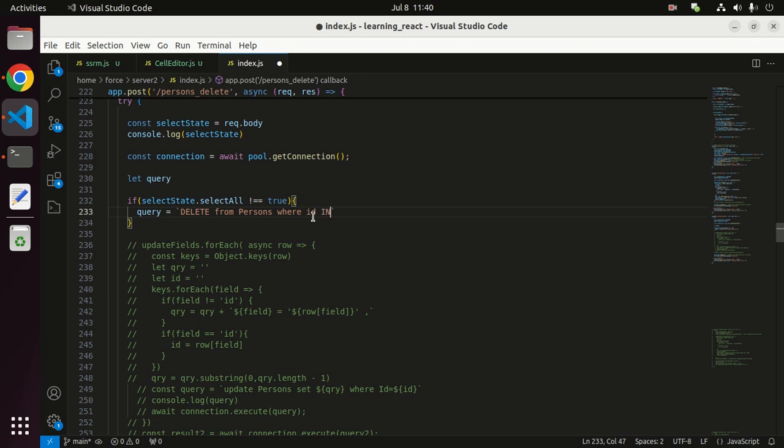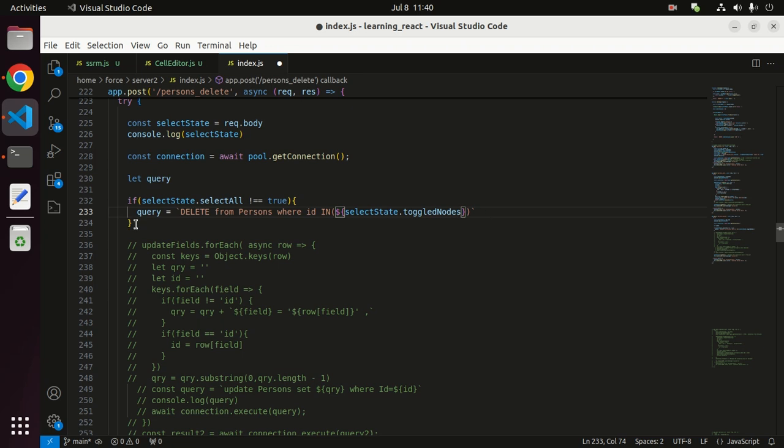Then select state dot toggled nodes. So the query will be delete from persons where id in toggled nodes IDs. Here it is 10 and 11. Okay,